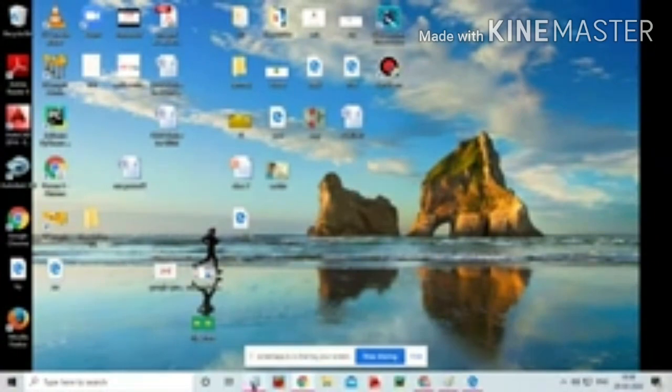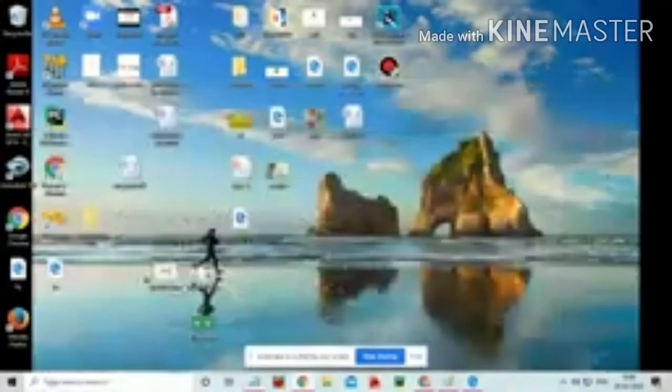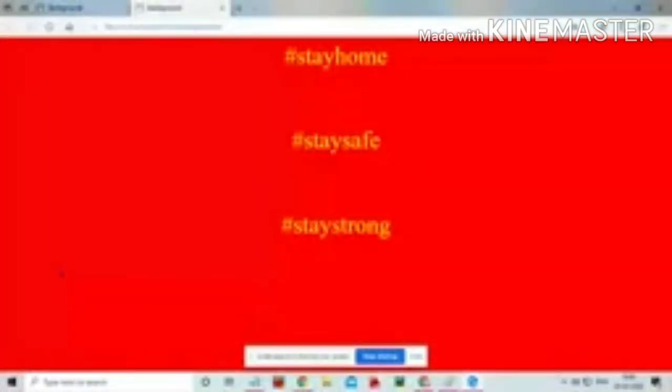Now double click the file and you can see the output. Now we have a mistake in the break tag, right? Change that. If you want to modify the file, go to the Save As option. If you want to modify the file, you can modify it and click Save As also.